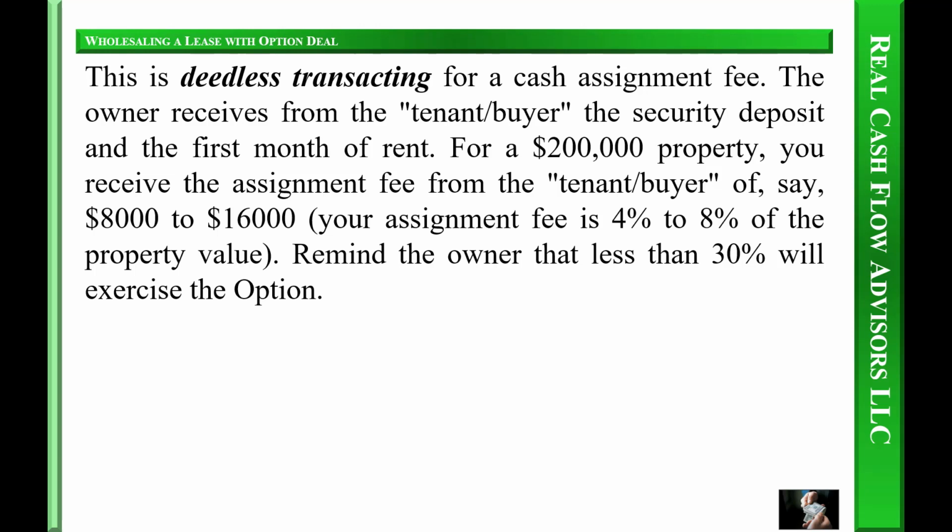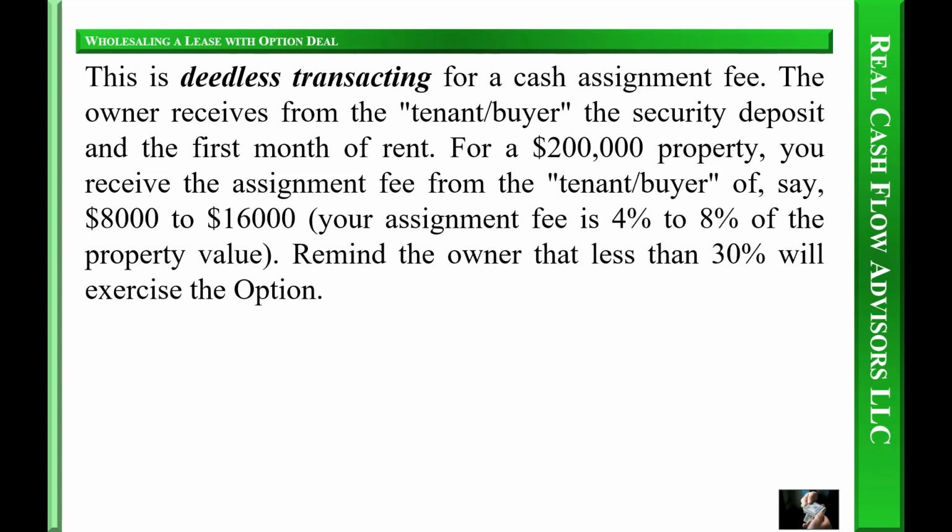The owner receives from the tenant buyer the security deposit and the first month of rent. For a $200,000 property, you receive the assignment fee from the tenant buyer of, say, $8,000 to $16,000. Your assignment fee is 4% to 8% of the property value.